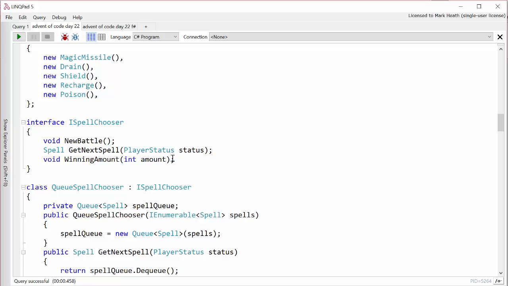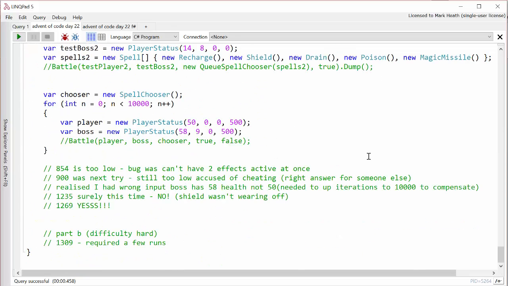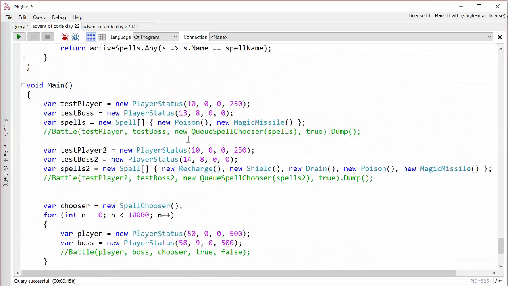So when we call get next spell, when I'm running my test cases, I've just got a very simple queue spell chooser that just returns the next spell from a list. So if we go to the bottom here, you can see that I can run a test battle by setting up 2 test players, setting up the spells in the order that the test player will choose, and then putting that into a queue spell chooser. So if I run this,